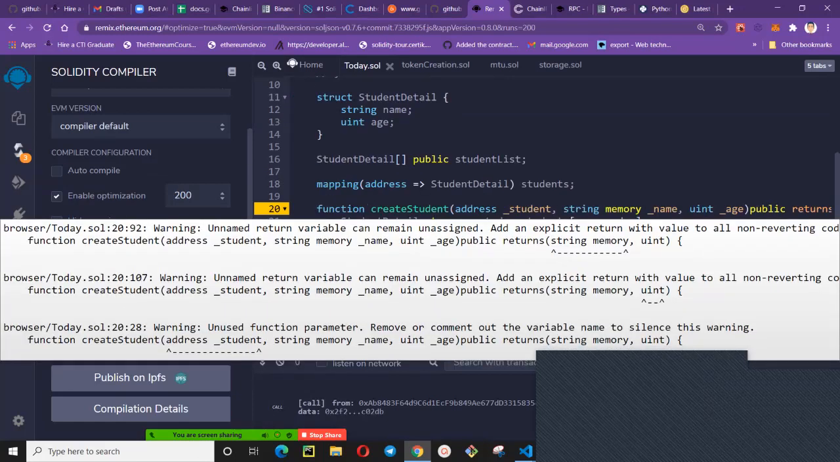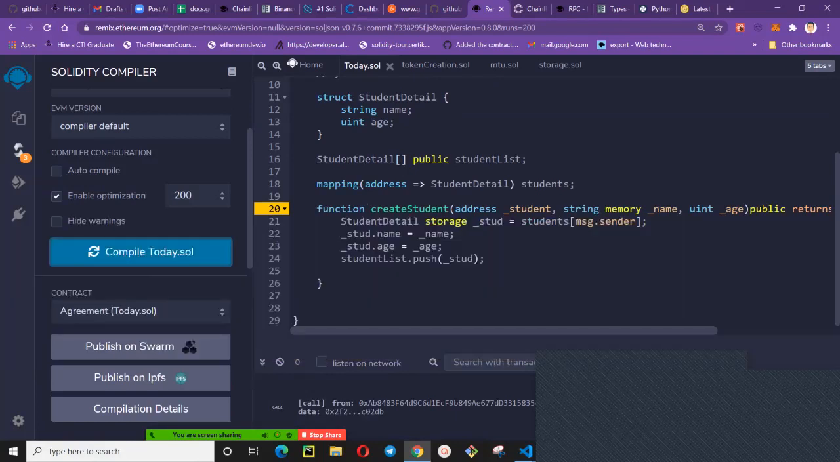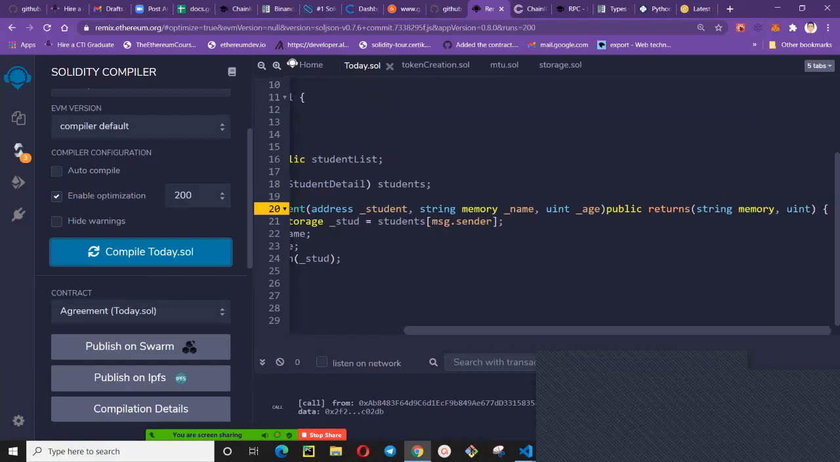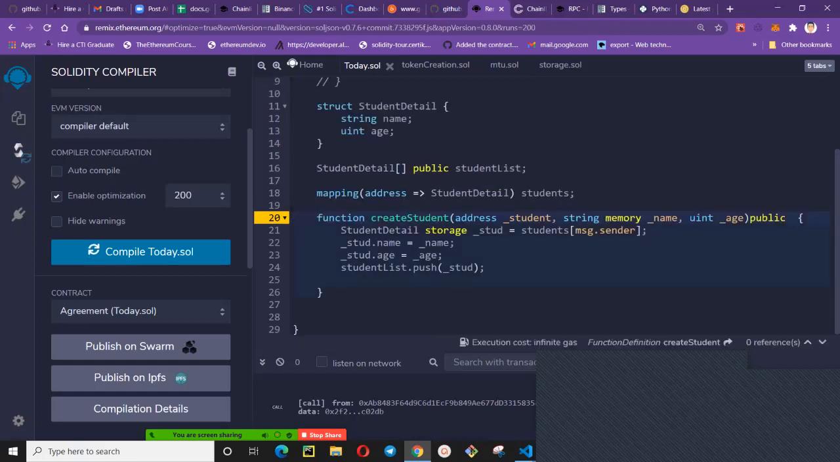It's a warning sign. What is the warning? It said return string memory. Warning: unnamed return can remain unassigned. Okay, all right. We should not specify this return here because we are not getting anything. We are only setting this information here. So now let us